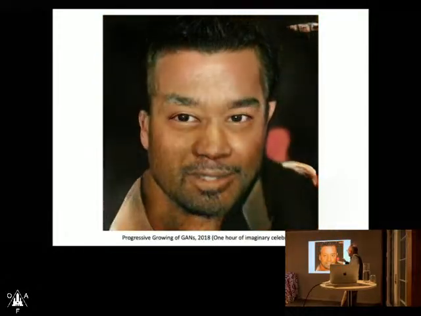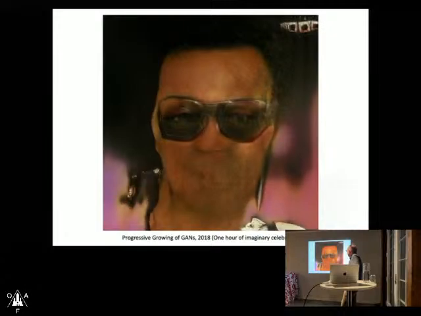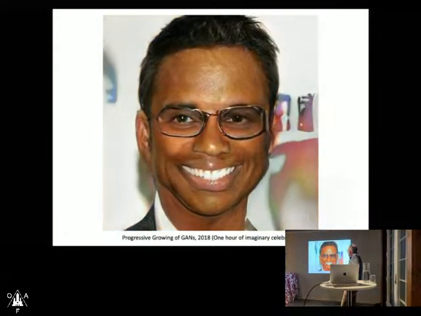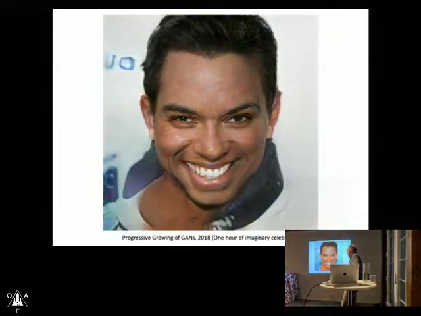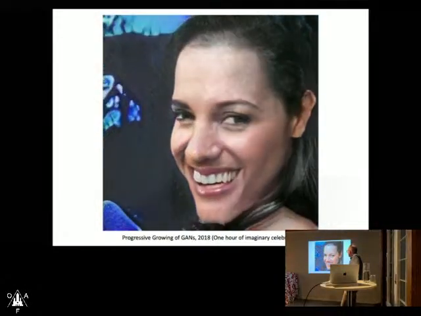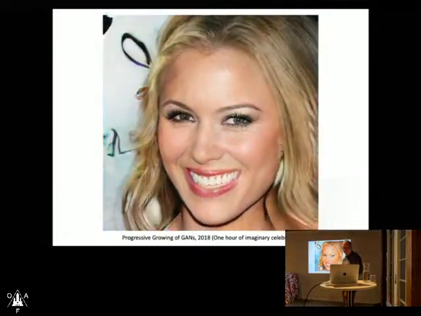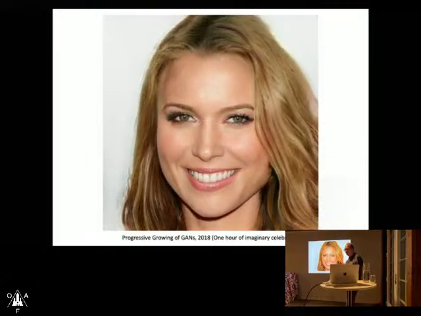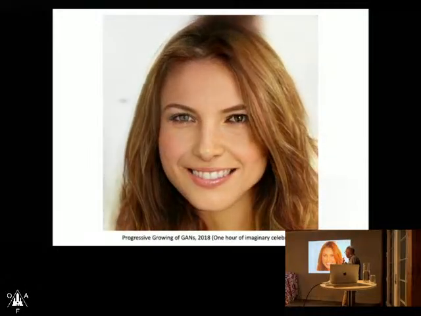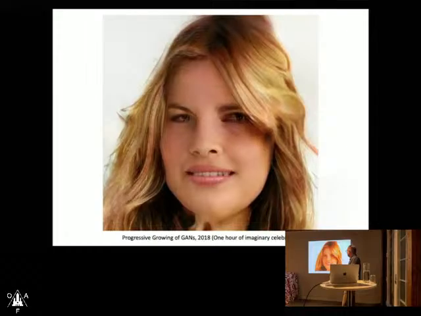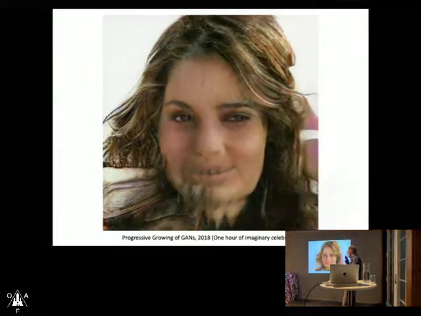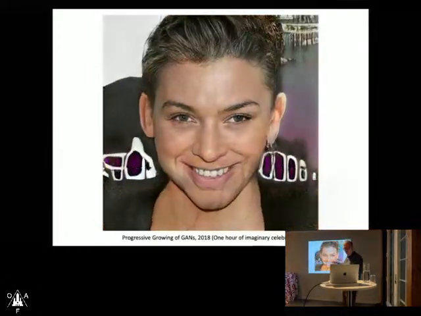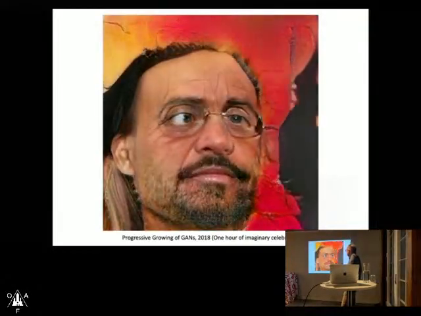Sliding between male and female, sliding between skin colors, sliding between hair type, age, going in all directions. And of course, the human face is a very consistent data set, no? Because the eyes are always above, the nose is in the middle, the ears on the side, the hair is on top. So it somehow doesn't get more consistent than that.